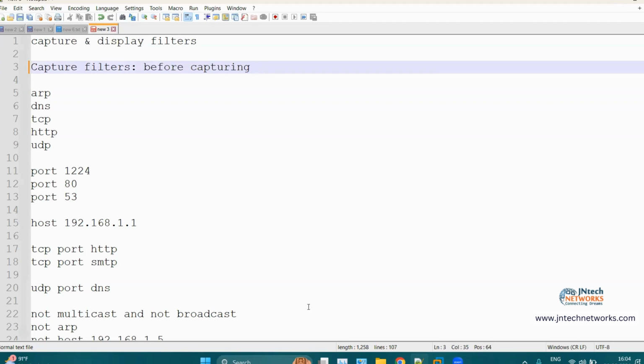So now what are display filters? We apply them after capturing, whenever we are analyzing any file. Let's say Wireshark captures all sorts of packets, ARP, DNS, TCP, all sorts of packets. So now let's say I just wanted to